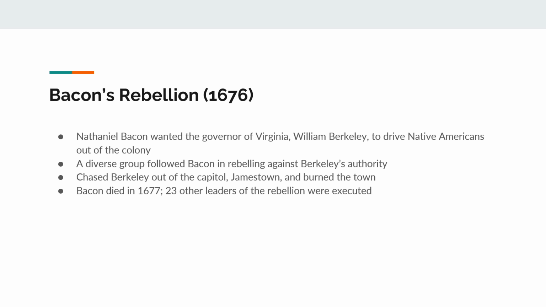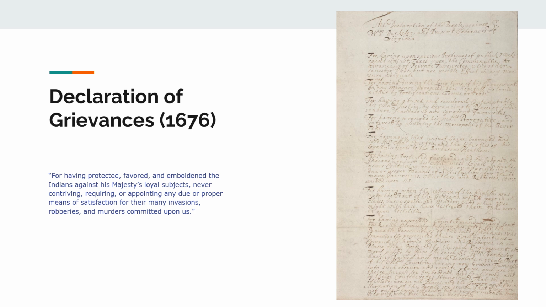But Bacon, in the course of this little rebellion, if you can call it that, dies in 1677, and the rebellion kind of dies out. The royal government takes back over, and 23 leaders of this little rebellion are captured, arrested and executed. But what comes out of this that is important is this document that they wrote called the Declaration of Grievances